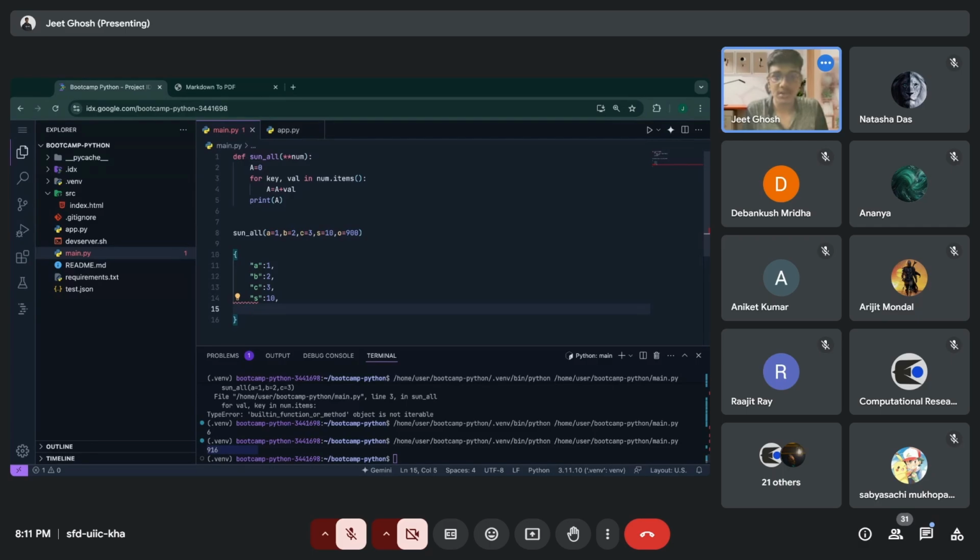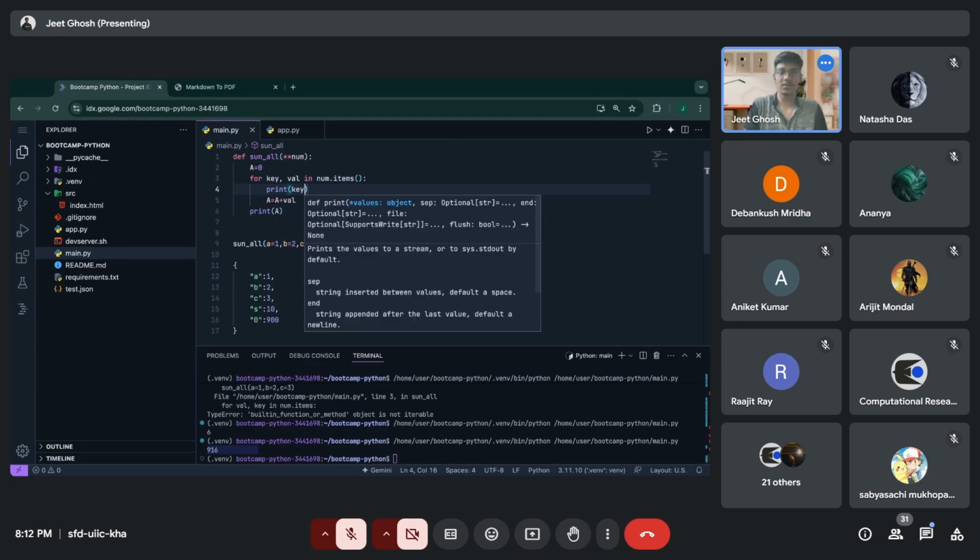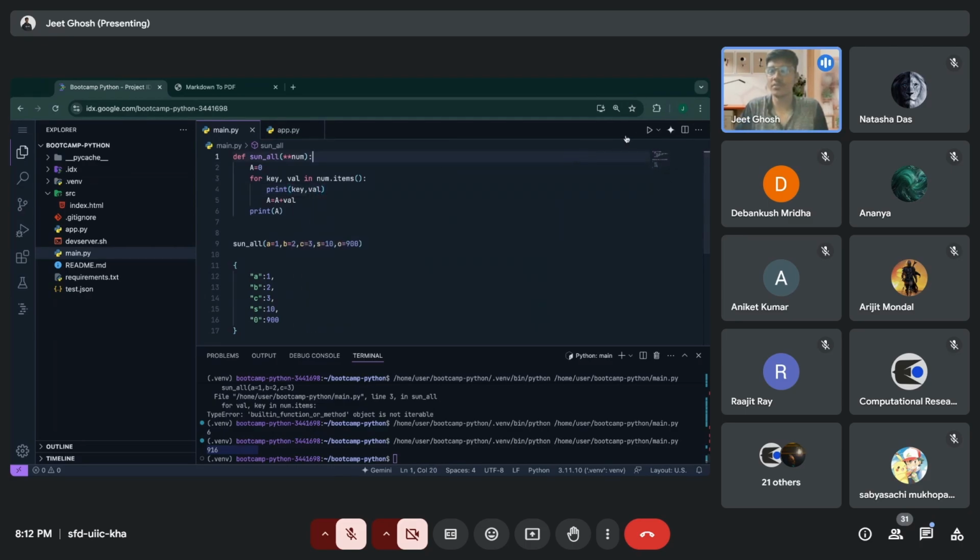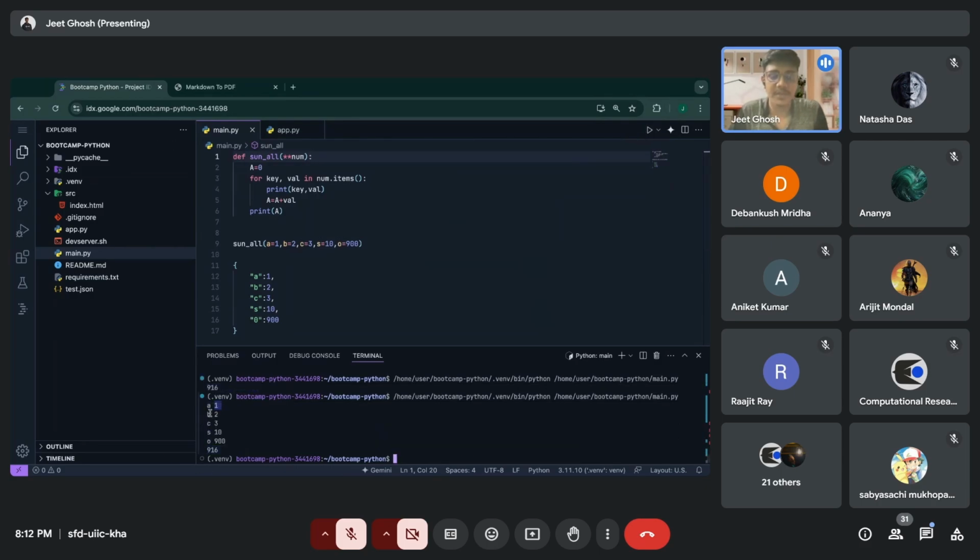রাইট, এরকম একটা ডিকশনারি তৈরি হয়েছে এই নামের জায়গায়। তো আমি কি করছি, একটা ফর লুপ চালাচ্ছি অন অল দ্য আইটেমস অফ দিস ডিকশনারি and storing every time the values in key and val variables. যদি আমি এখানে প্রতিবার প্রিন্ট করি কি কমা ভ্যাল, তাহলে তোরা বুঝতে পারবি যে প্রতিবার কিটা প্রিন্ট হচ্ছে, ভ্যালুটা প্রিন্ট হচ্ছে। এভরি টাইম ইট ইস টেকিং ইচ অ্যান্ড এভরি কি অ্যান্ড ভ্যালু। সো যদি আমি সবকটা সাম বার করতে চাই তাহলে সবকটা ভ্যালুকে এক জায়গায় জুড়তে হবে। তো তার জন্য আগে একটা ভেরিয়েবল বানিয়ে নিয়েছি যেখানে সবকিছু জুড়েছি, লাস্টে প্রিন্ট করে দিয়েছি।